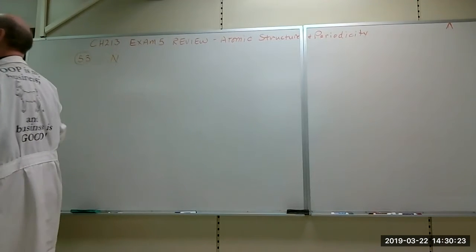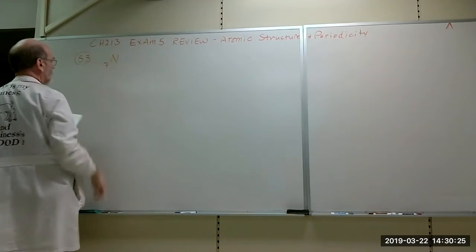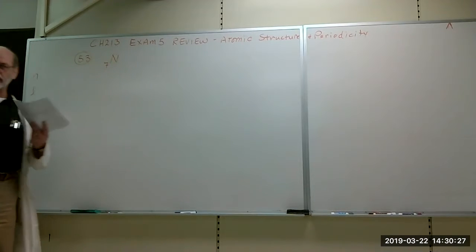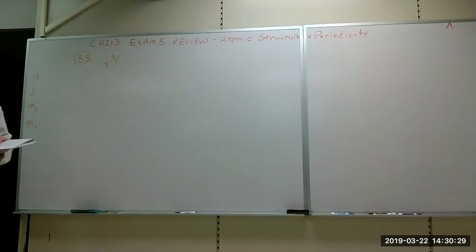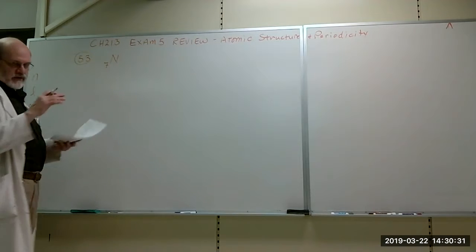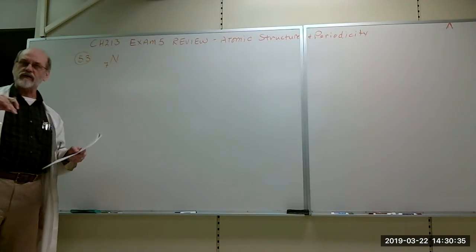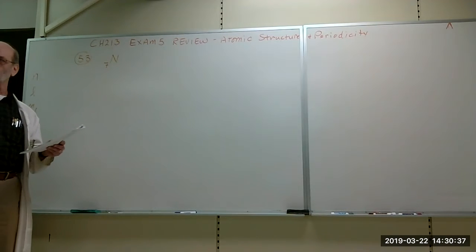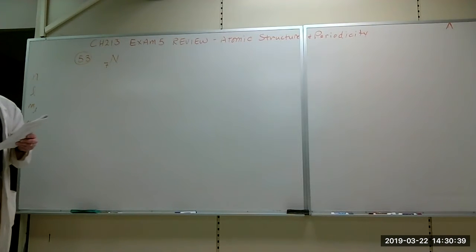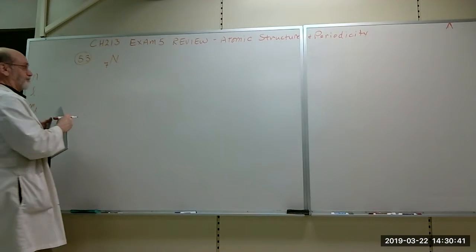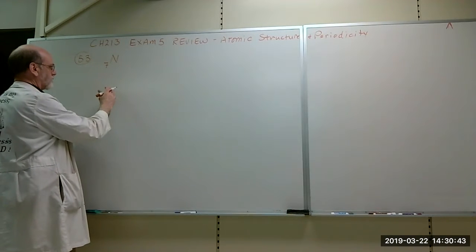So nitrogen has 7. Ground state nitrogen is, we talked about that a little earlier. What does the ground state mean? The ground state means that all the electrons in the atom are at their lowest possible energy level, which means you fill them up,